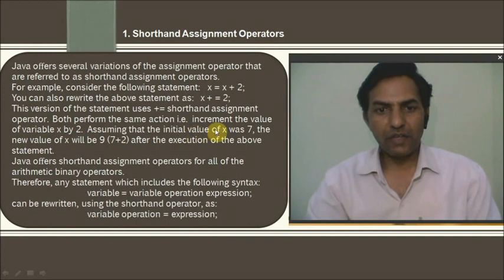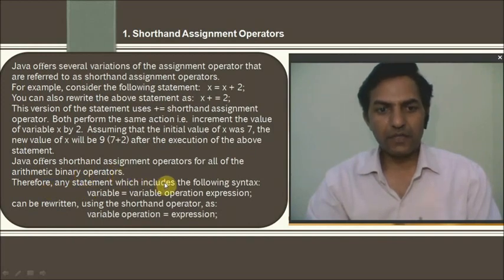Assuming that the initial value of x was 7, the new value of x will be 9, that is 7 plus 2, after the execution of the above statement. Java offers shorthand assignment operators for all of the arithmetic binary operators.